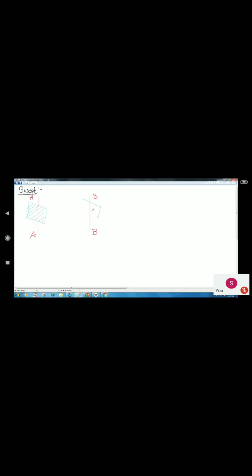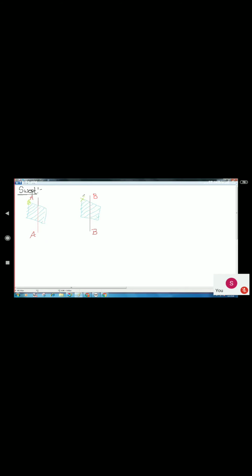Coming different shape sections. We have to add a material. We have to define first where it is going to start. I'm considering my start point.